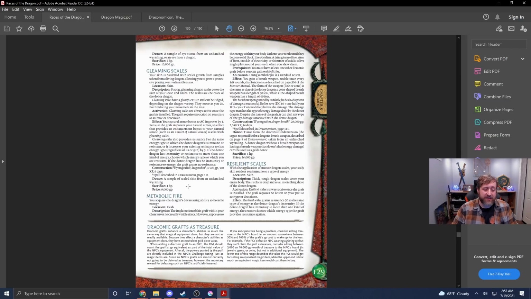And I did think it doesn't have any physical appearance other than this really descriptive bit here. However, exposure to the energy within your body darkens your teeth until they become solid black like obsidian. A faint gleam of fire, rime of frost, crackle of electricity, or shimmer of acidic saliva may play around your teeth when you show. And basically, as an action, you could have a breath weapon. And to do it, you would need